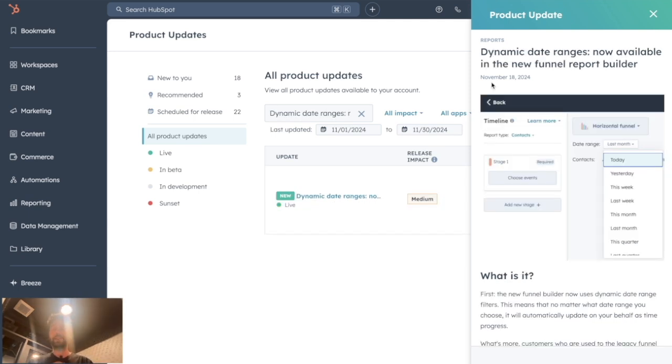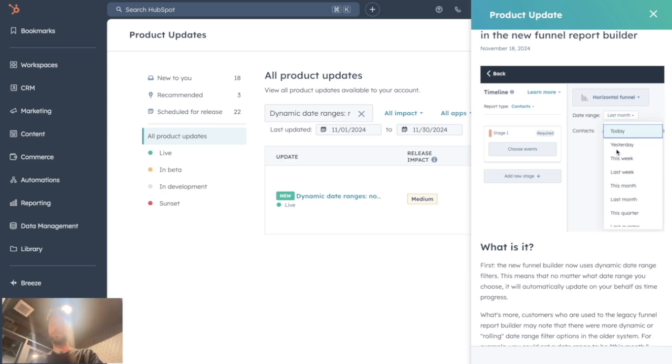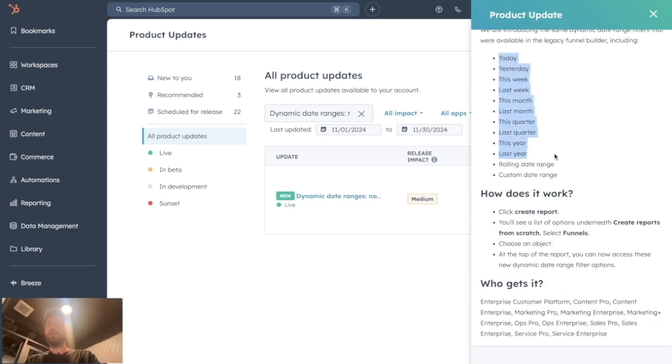And the last update is that they finally added the dynamic date ranges in the new funnel report builder. I'm not a huge fan of this new funnel report builder at all. I think before it was way easier to show a conversion rate based on lifecycle stage or deal pipelines. They decided to make it way more complex. I guess it matters for people that have way more complex needs in terms of conversion funnels, but before that update we were not able to have dynamic date ranges, which made the use of this funnel report builder really limited. Now it's fine, they fixed it and you can use it for last month, today, yesterday, this week, etc. Here's a list of all the different